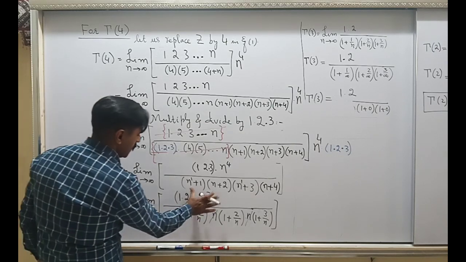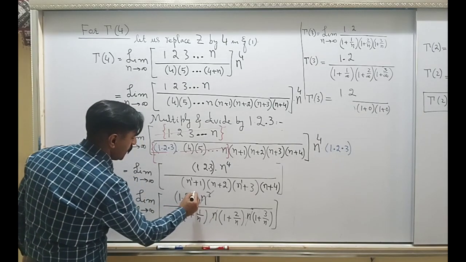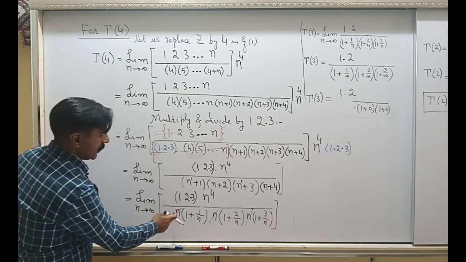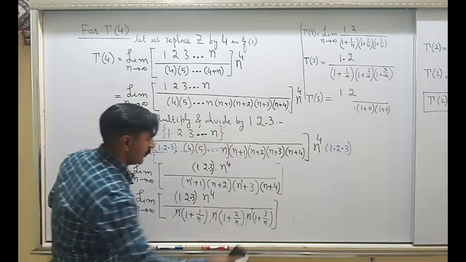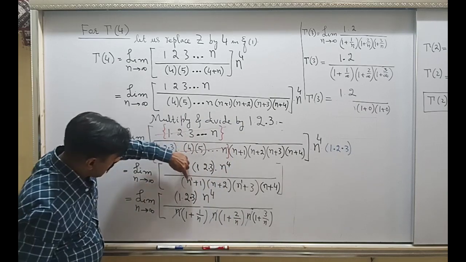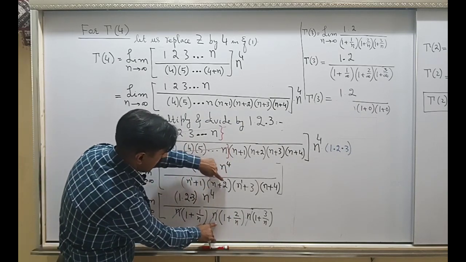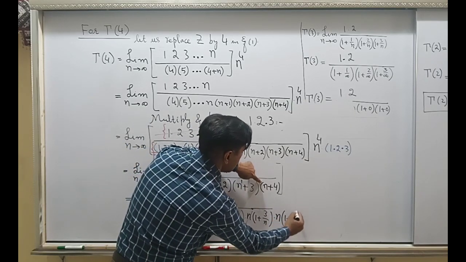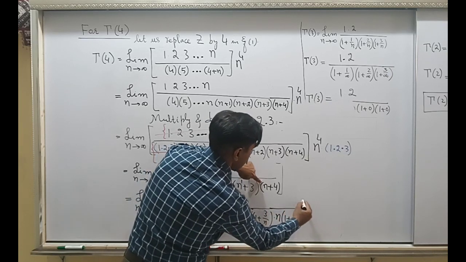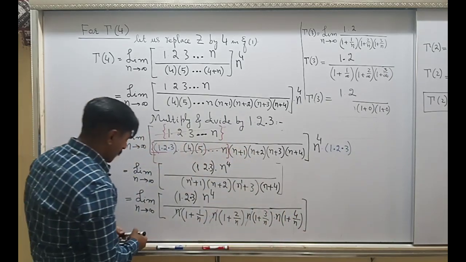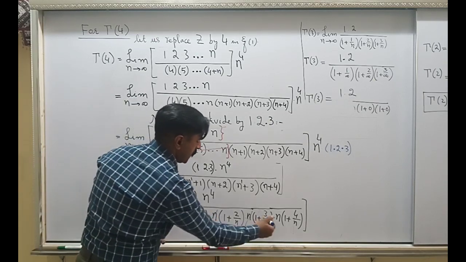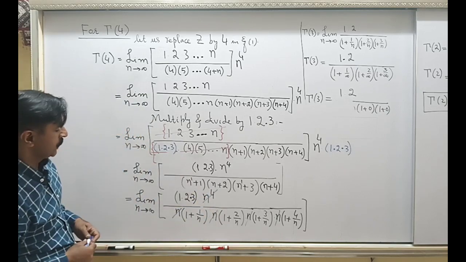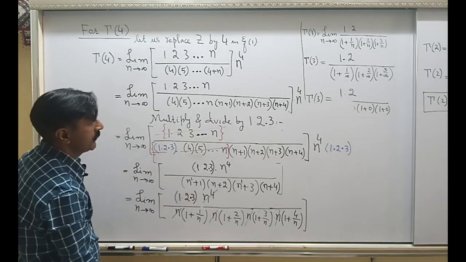And in this, you have 1 into 2 into 3, same as before. This is n to the power 4. And this is up to n plus 4. With n taken out each time, you will get this. And from this n taken out, you will get 1 plus 4 over n. Right? And this n multiplied by n and this n will make n to the power 4, and it will cancel from the upside. And now you are left with